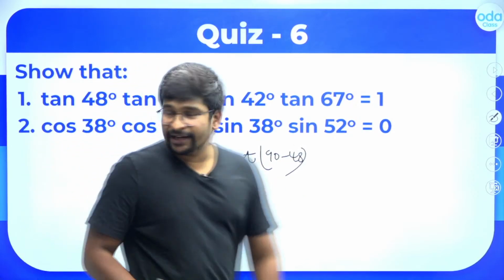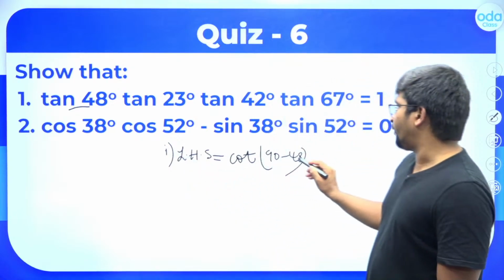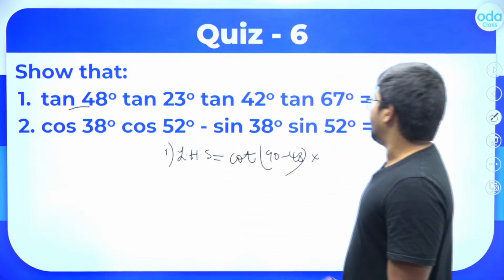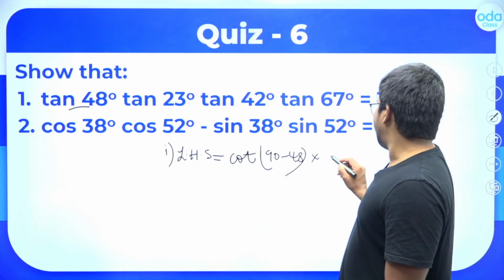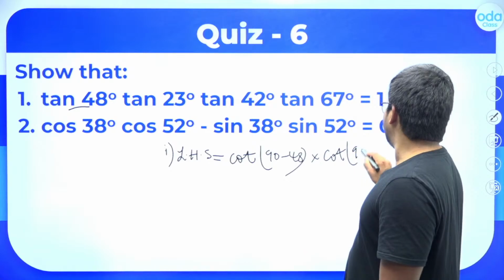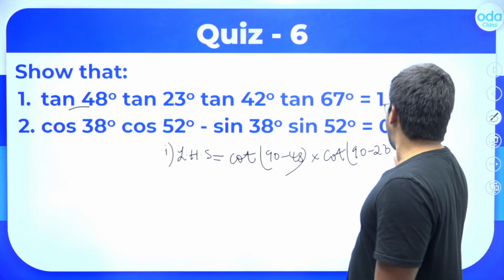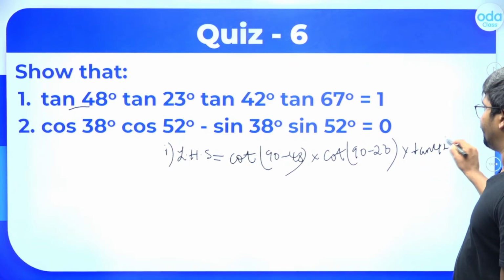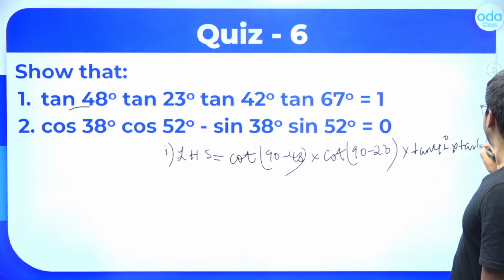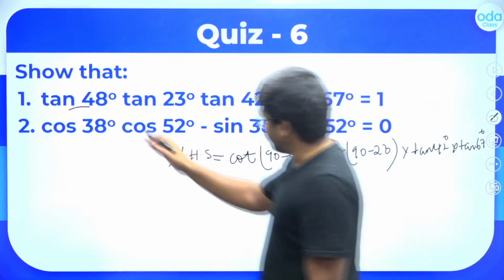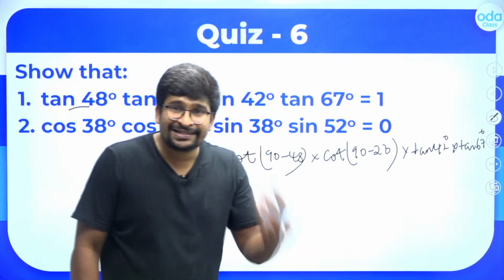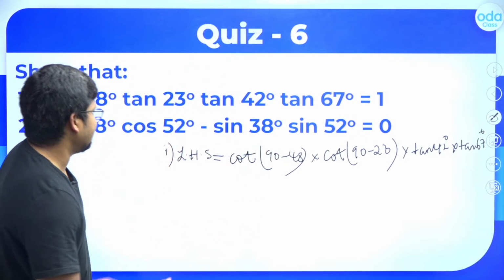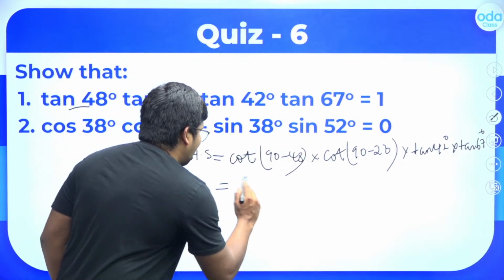This tan 48 which you have, I am writing it as cot of 90 minus 48 into tan 23. I can write it as cot of 90 minus 23 because tan theta is cot 90 minus theta into tan 42 I am keeping there itself. Tan 67 also I am keeping there itself. Okay, that's only the first two things we are doing the change. The last two you are keeping it as tan 42 degree and tan 67 degree itself. What is cot 90 minus theta? You know that